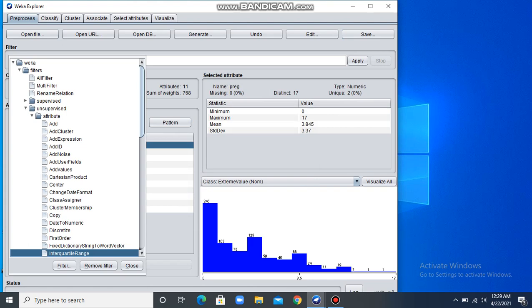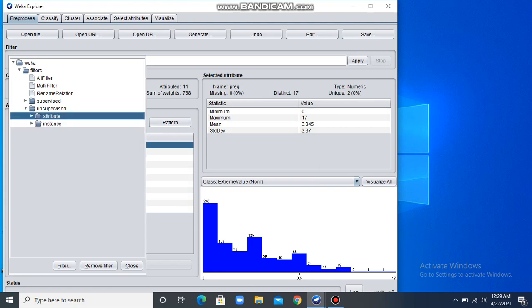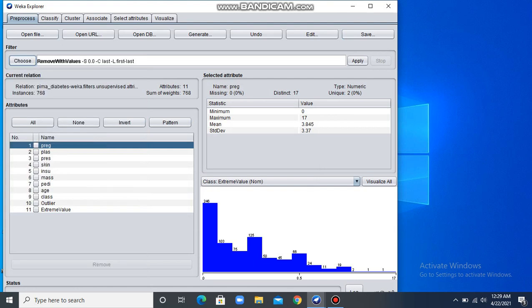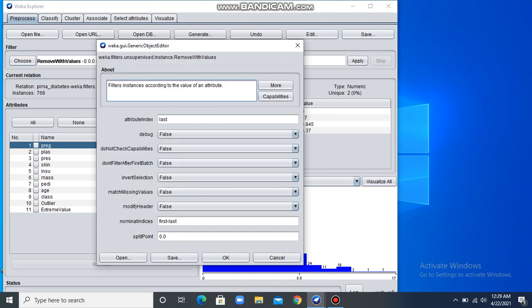For removing these outliers, I'll move to unsupervised instance and apply the filter RemoveWithValues. Now I have to click over here and put the attribute index. As I have to remove all the instances having outlier equal to yes, the attribute index is 10, so I'll put the index as 10.